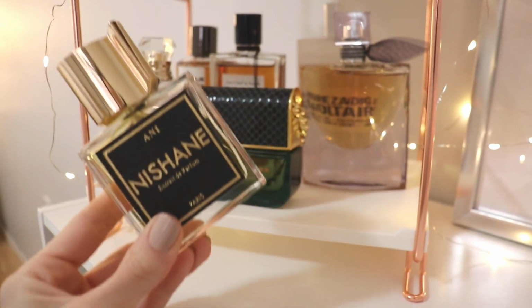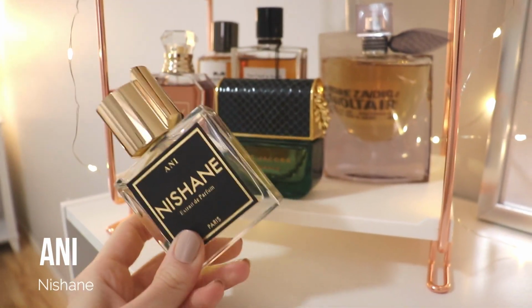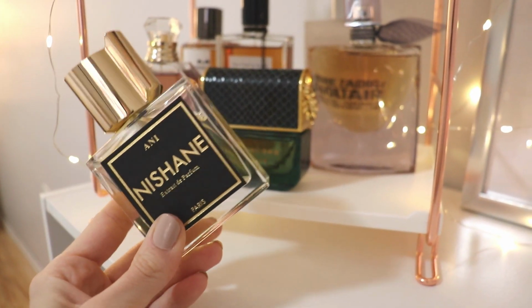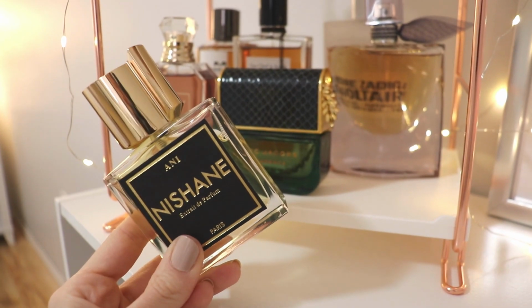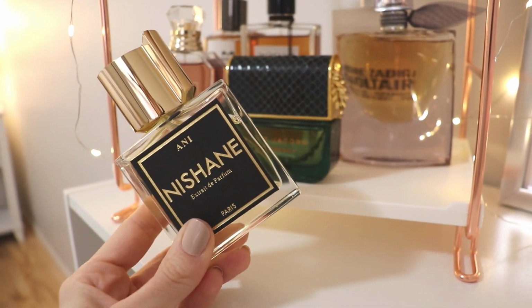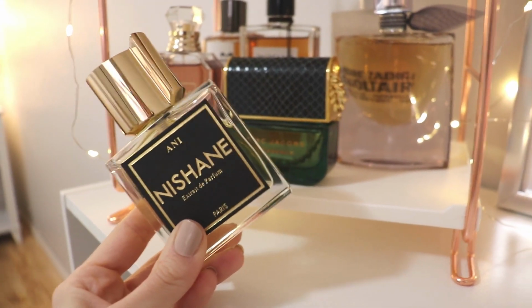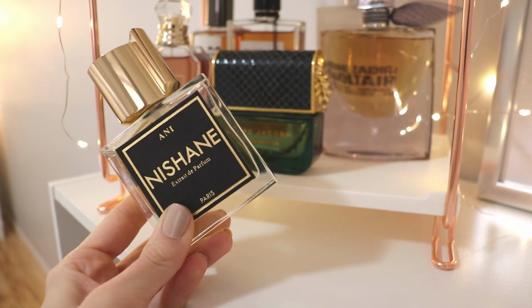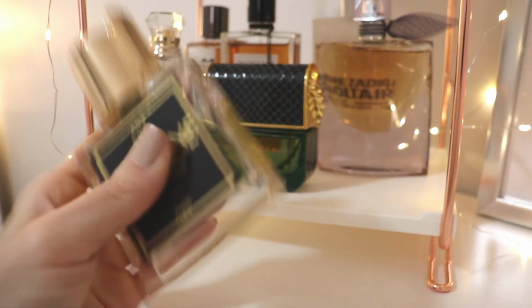And in front of that one, we have Nishane Ani. And this is a niche fragrance. This is one of my absolute favorite vanilla scents. This one is like a warm spicy, but it's also got a little bit of a fresh spicy quality about it. It's a very heavy, rich, very unisex fragrance. I think this leans almost a little bit more masculine than it does feminine, but actually surprisingly,